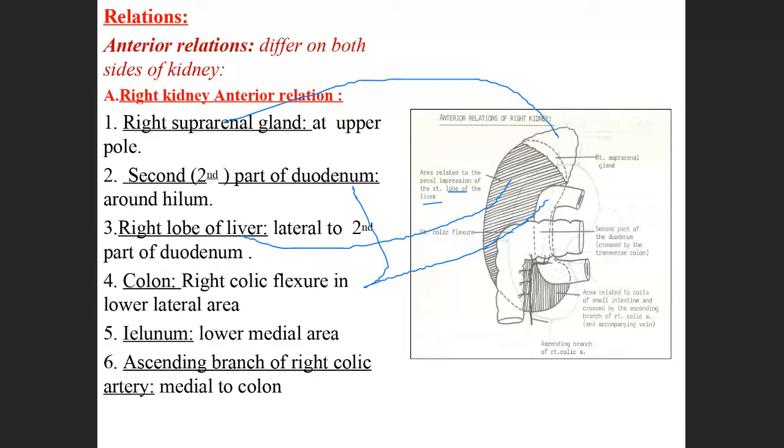Doctor, what about the relationship of intestine? See, again I am repeating. Everyone is asking about everything. So everything is important except functions. It is a clear question, it is a clear answer. Everyone is taking one slide, and relation is important, blood supply is important. Except function, everything is important: relation, blood supply, nerve supply, divisions.